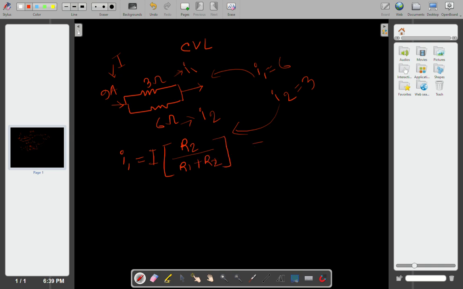So the calculation has to be, sorry, it should be 9, and R2 is obviously 6, and R1 plus R2 has to be 3 plus 6, 9, so it will be 6 ampere, which is I1, and I2